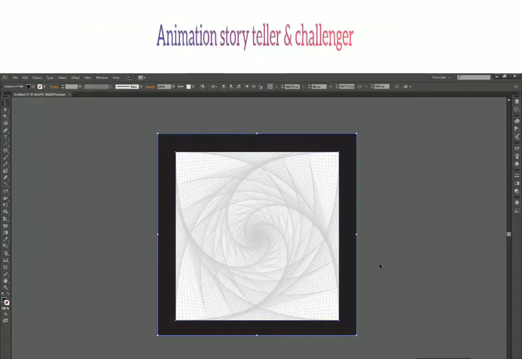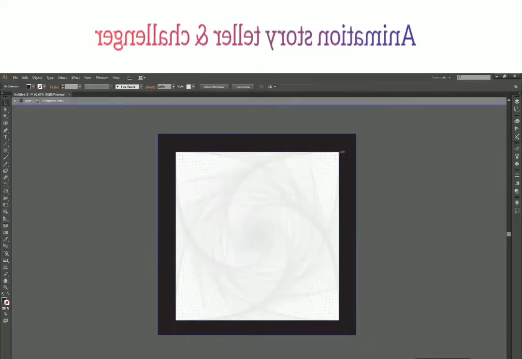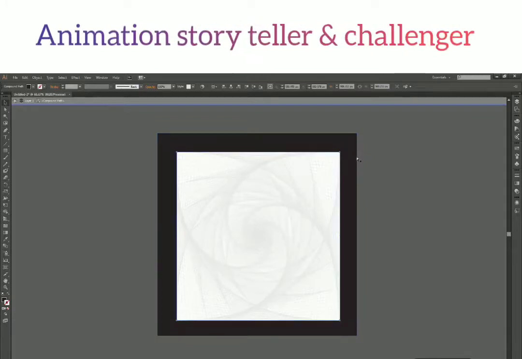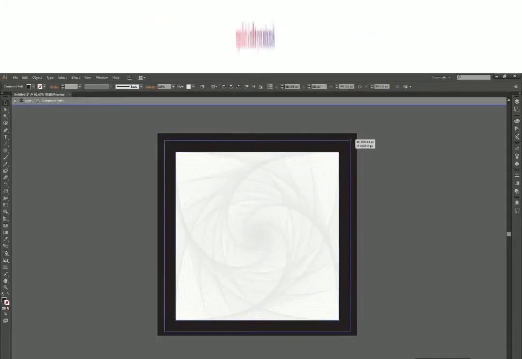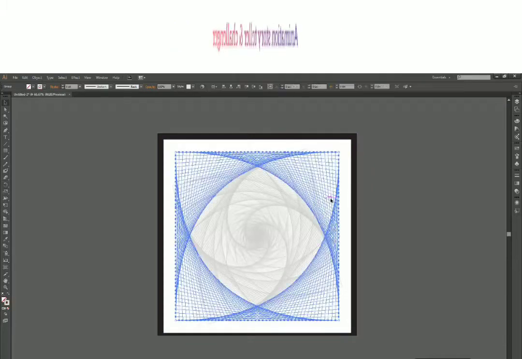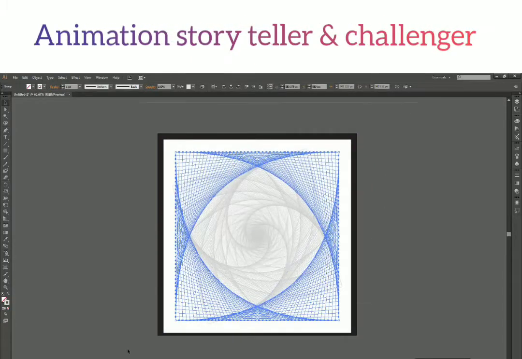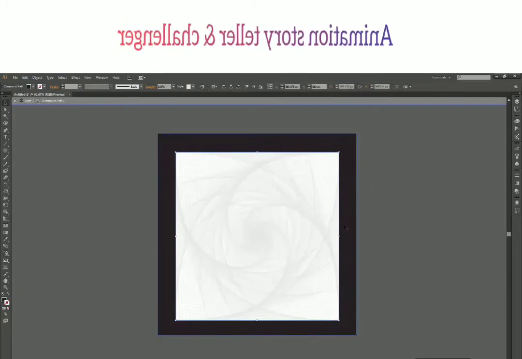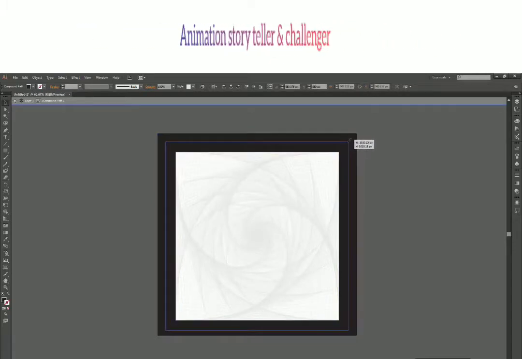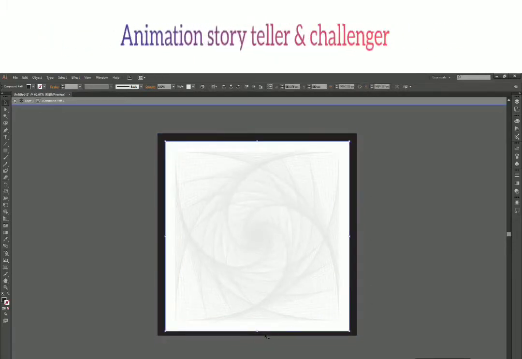Alright, so just subtract it and have a black color inside this. I'll actually reduce this border a bit. It's very thick right now, so this much I think is fine. Again select the whole design.